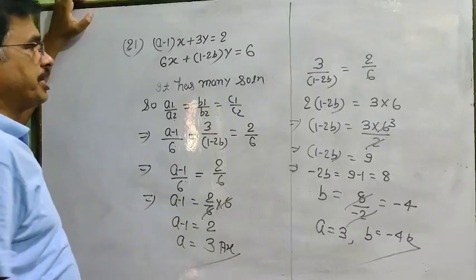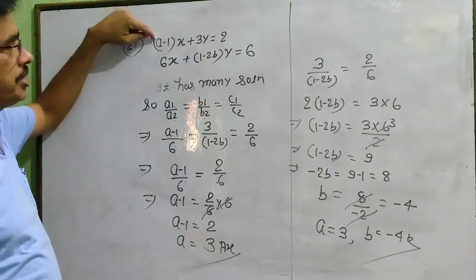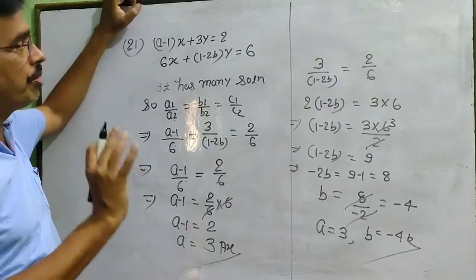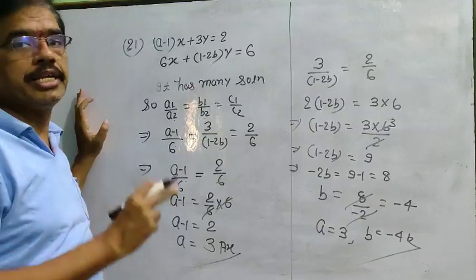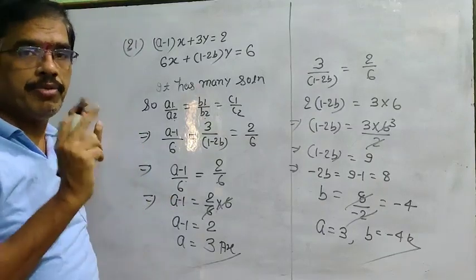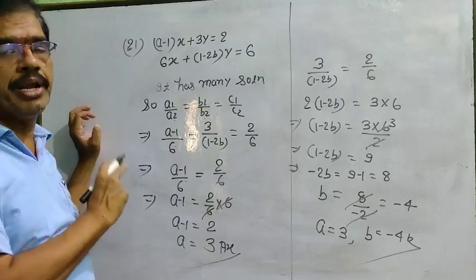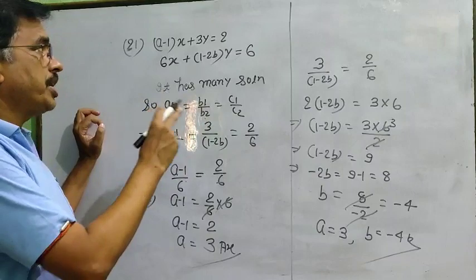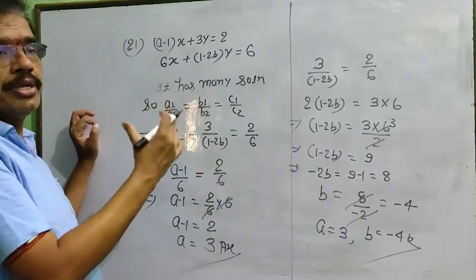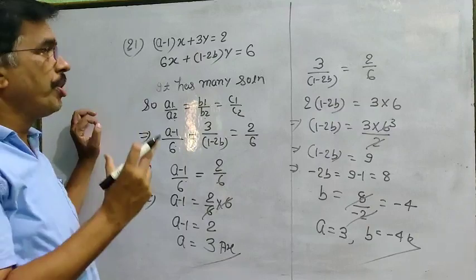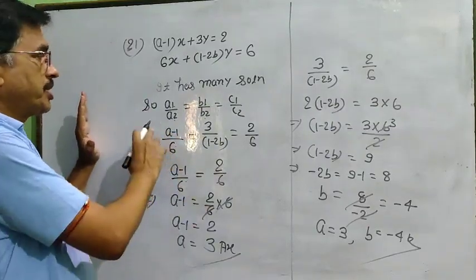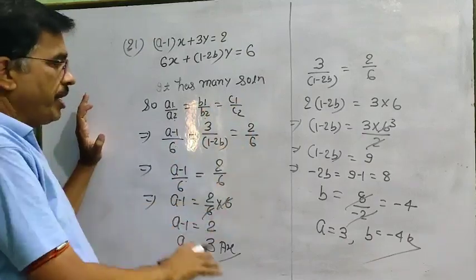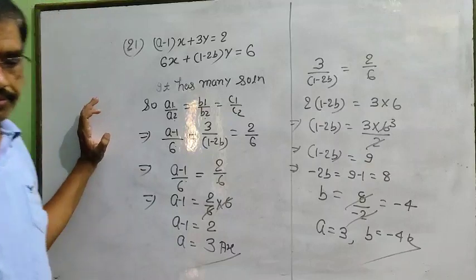So when your question is given in two variables like a and b, then you solve only two cases. Don't solve three cases. You solve three cases only when your question says find the value of k, that means you have to find only one variable term, and at that time you solve by three cases. But when your question is to find the values of a and b, that means you have to find two variable terms, so you solve by only two cases. First case, first and third, and second case, second and third. Then you can find the values of a and b the easy way.